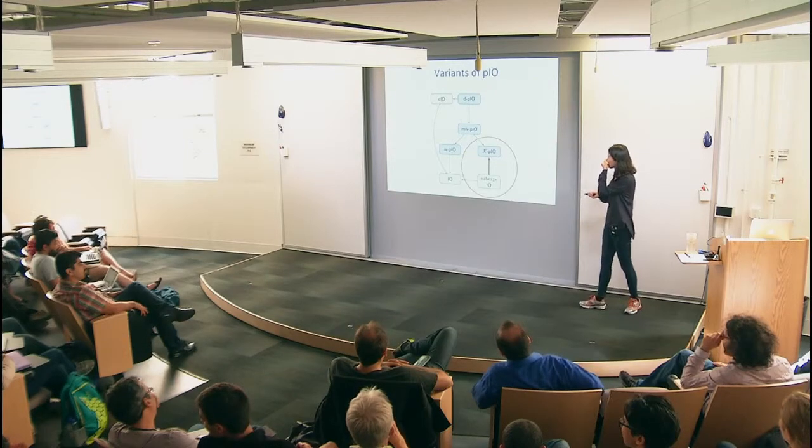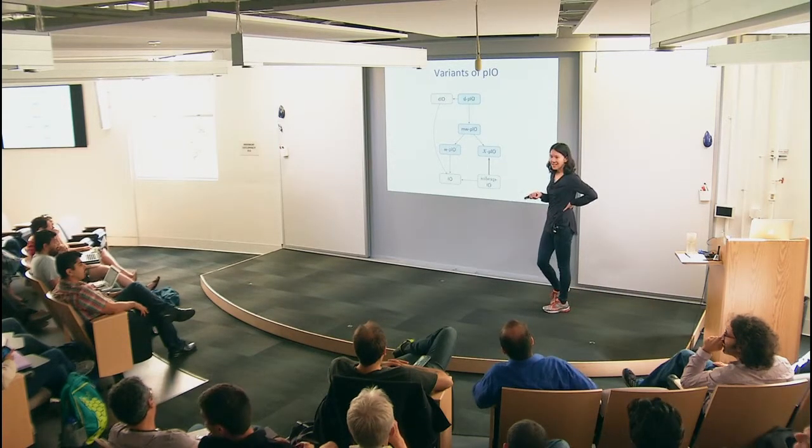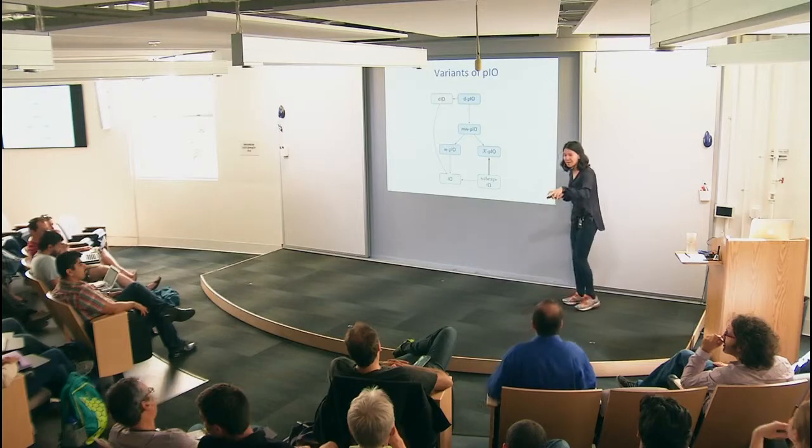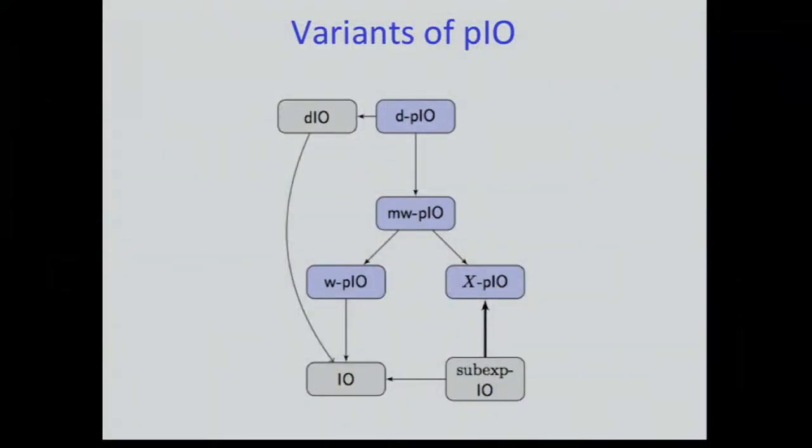All right, so as you can see a little bit already, how to define PIO is intricately related with which notion of indistinguishability you consider. And there are many different notions you can consider. So in the paper, we actually name a few different variants, and we study the relationship between them. I'm going to only focus on XPIO, and I will show you next that this is one of the weakest variants you could consider, and this is implied by sub-exponential IO. And the construction and proof are extremely simple.